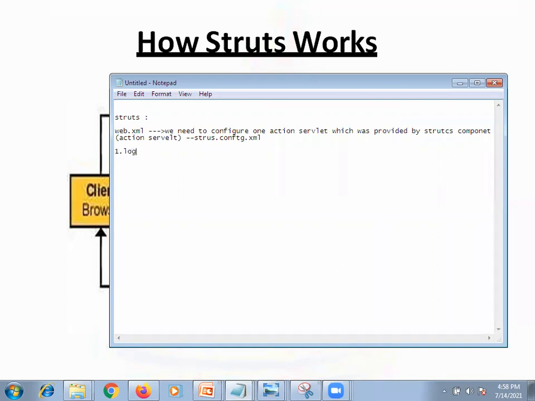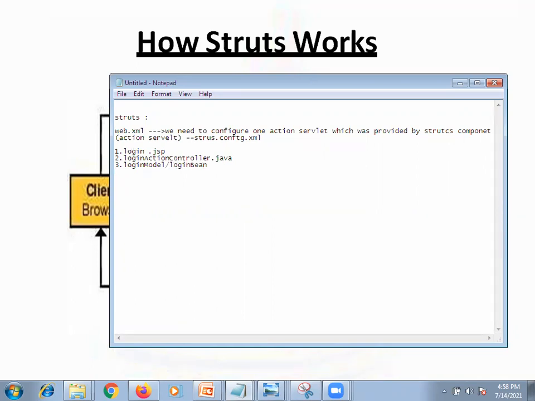Now the second step. You are talking about login.jsp. Another step is the login action controller, because we are following the MVC pattern, LoginAction.java. After that, what do you need to prepare? The login model, or login bean.